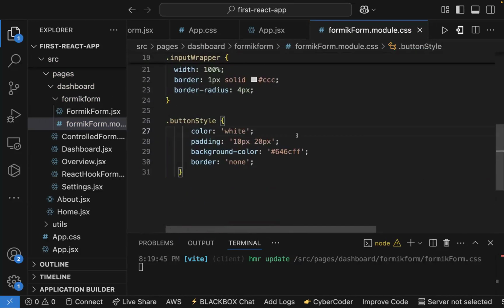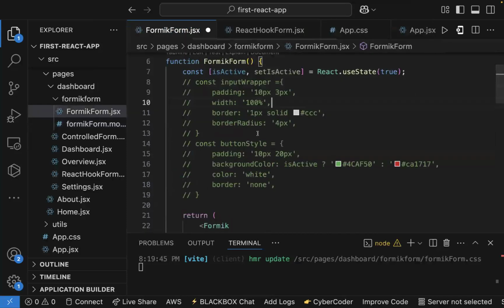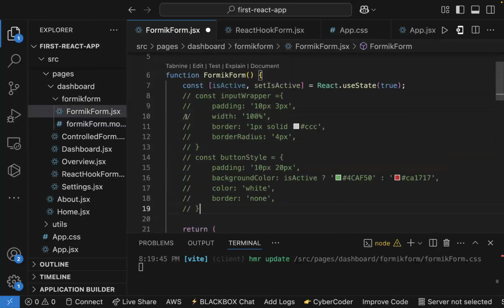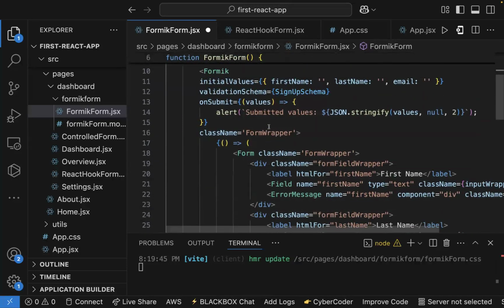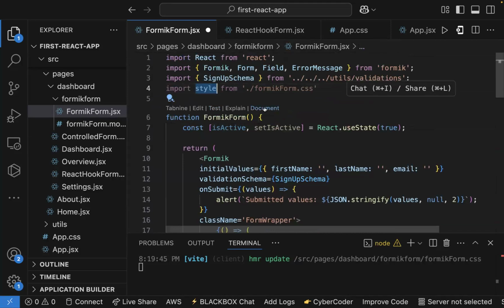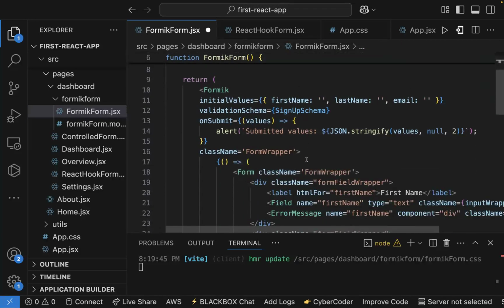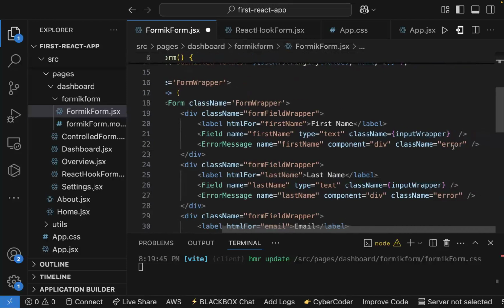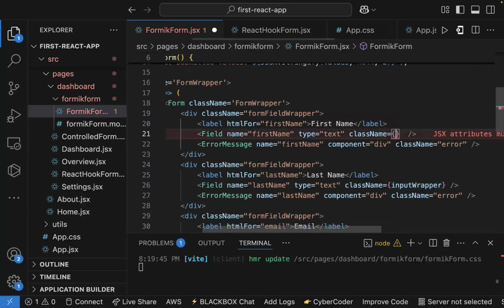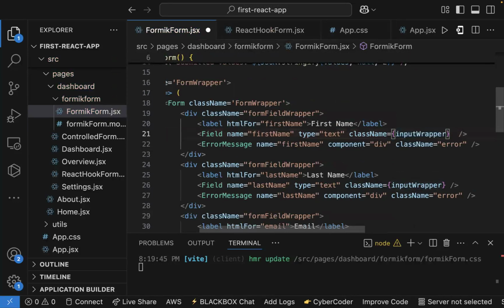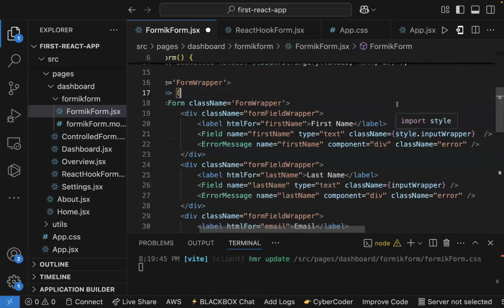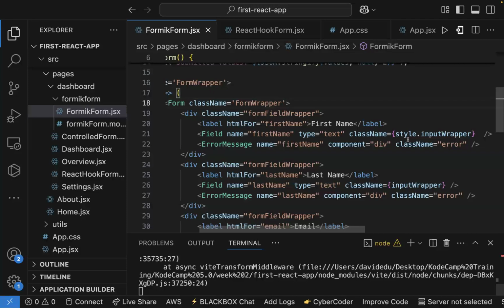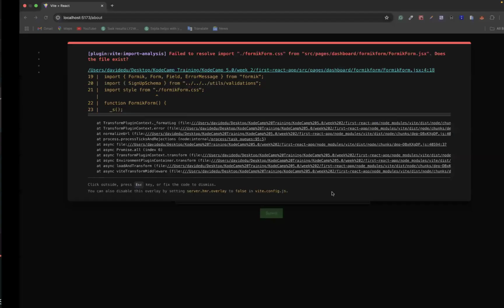Okay, so let's go ahead and utilize this style inside our component, okay? So if we come into our component, all we need to do now is pick this style and then access the particular class that we want to utilize inside the class name. So if we come here and we do this, so this was input wrapper, right? So let's say style dot input wrapper. All right. So if we do this now, we should be able to